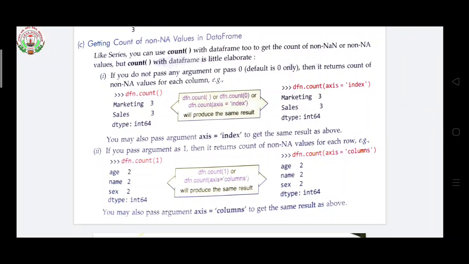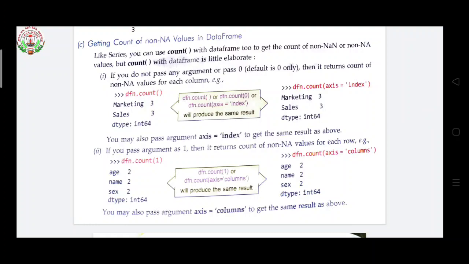Now next is, you may also pass an argument axis equals index to get the same result. See here, on the right side, dfn dot count, inside the bracket it is given axis equals index. If you write it, your result is the same, and if you do not write it, the result is also the same. Why? Because the default is 0.